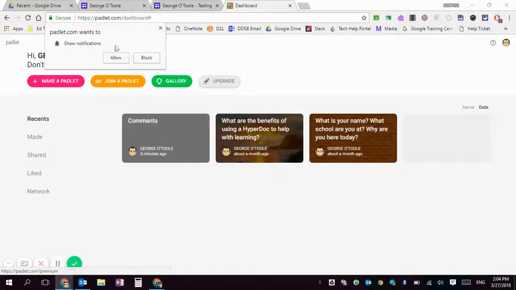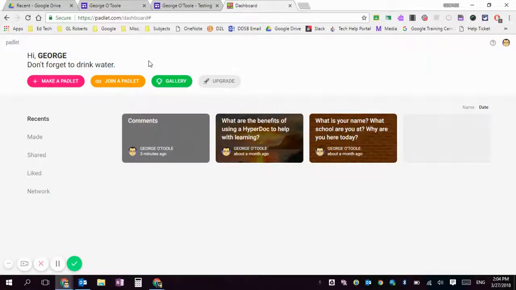Very good advice. It'll occasionally say that it wants to show you notifications. That's a personal choice. I prefer not to allow that, so I just click block. And all you're going to have to do here right now is to click on this where it says make a Padlet. So you're going to click on make a Padlet,